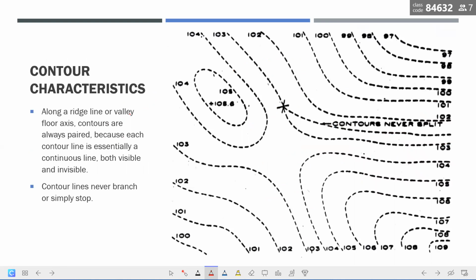Now, along a ridge line or a valley floor axis, contours are always paired because each contour line, as I mentioned earlier, is essentially a continuous line representing a visible and an invisible plane. Another thing, I said contour lines never intersect. And contour lines usually do not branch out, forming a new line. So this sort of split